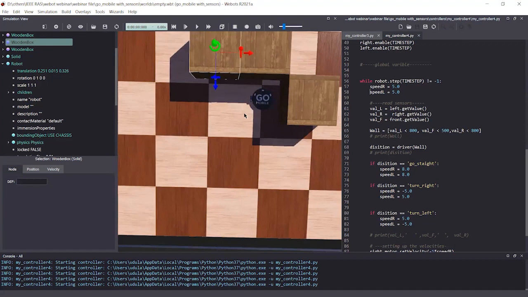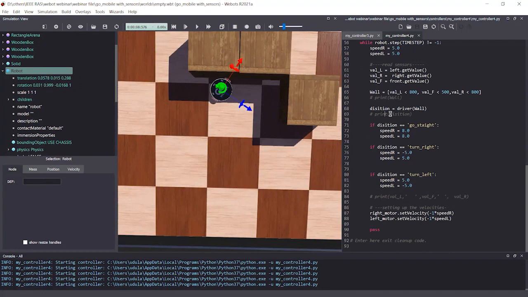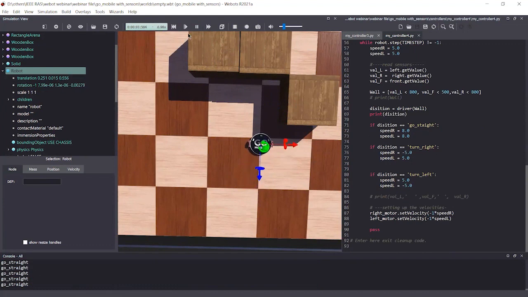I'm going to save this, get our driver here, and run this. The driver goes straight and detects a wall ahead and a wall on the right. Let's print the driver's decision. It will help us. The driver said go straight, go straight, go straight.